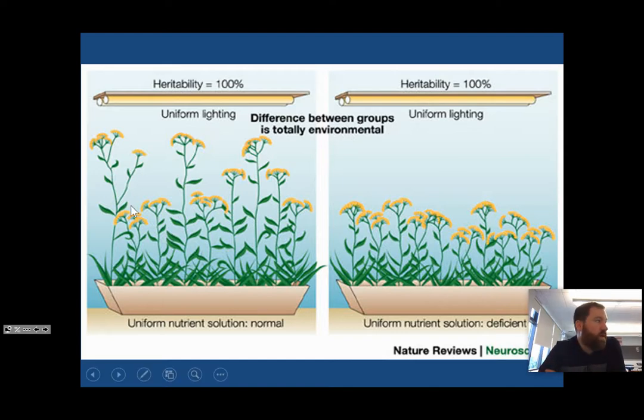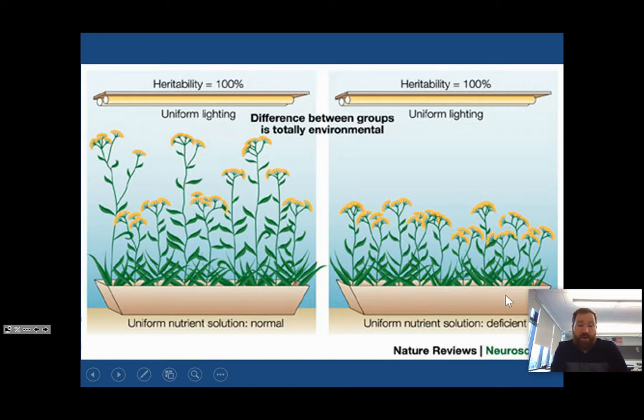The reason why this plant is taller than this plant is because of genetics, right? The soil is exactly the same, the lighting is exactly the same, and we'll assume that the watering is exactly the same. So the only thing that can explain the difference between the tall plant and the shorter plants is genetics. Notice that the difference between the groups, the difference between this potted soil and this potted soil, is 100% environmental. Okay, it's 100% environmental. But you also notice that there's differences within the heights of the shorter plants as well, right? And that difference is also 100% related to genetics.